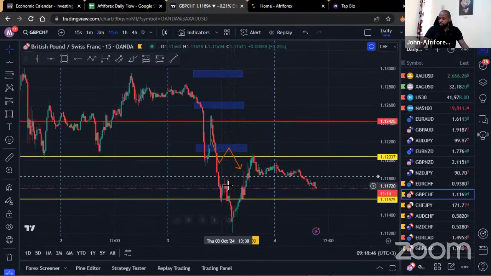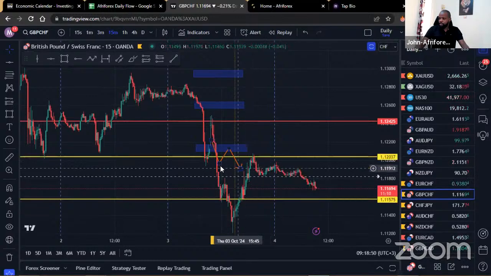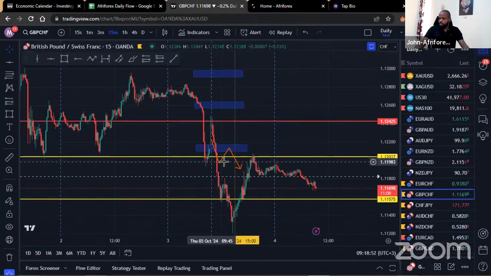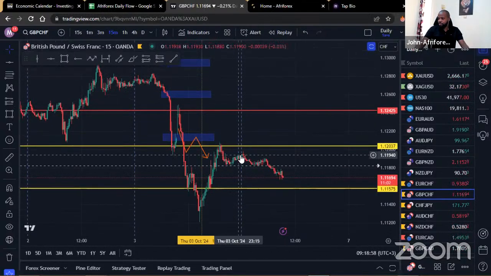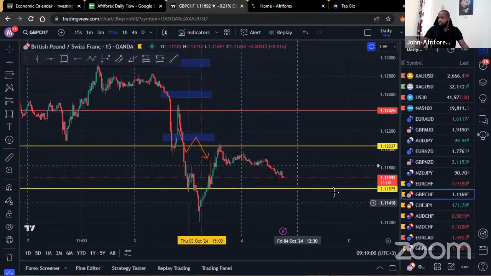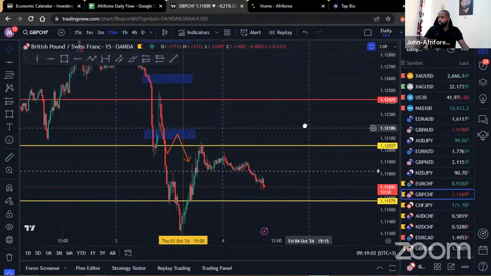And you can see that unfortunately there wasn't any proper pullback to look for the sells apart from this one, and the market came back in almost somewhere within this region. Seems like some sort of an SNR within that area, but that was towards the end of the day. And you can see that the market really slowed down within there today during the Asian session. That's when it's trying to calm down.